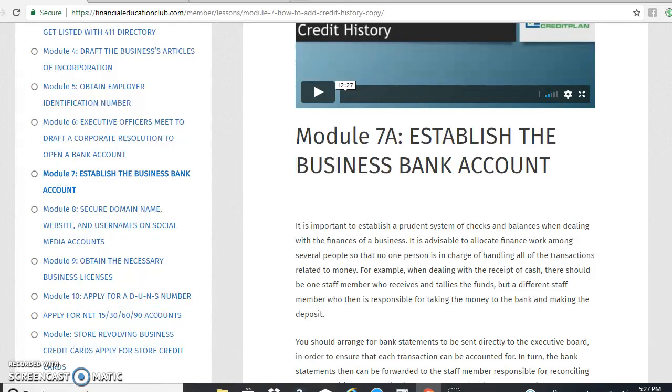Once you print those off, you also need to have the corporate resolution that we did in the last step. So those two items you're going to need, and then go down to the bank, wherever you want to open up your business checking account, your business bank account, and supply them with those two items and open up the